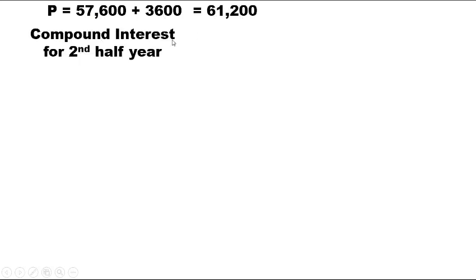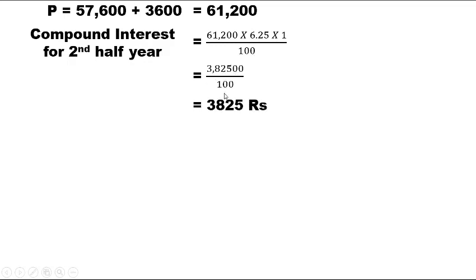P is equal to 57,600 plus 3,600 rupees is equal to 61,200. Compound interest for the second half year is equal to 61,200 into 6.25 into 1 divided by 100 is equal to 3,82,500 divided by 100 is equal to 3,825 rupees. Principal for the next half year is equal to 61,200 plus 3,825 rupees is equal to